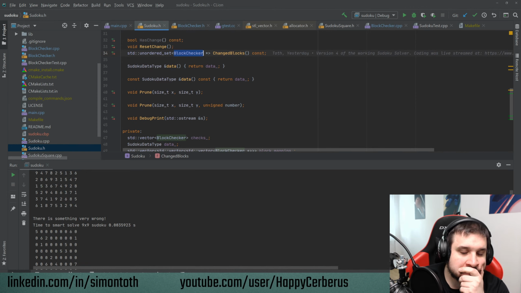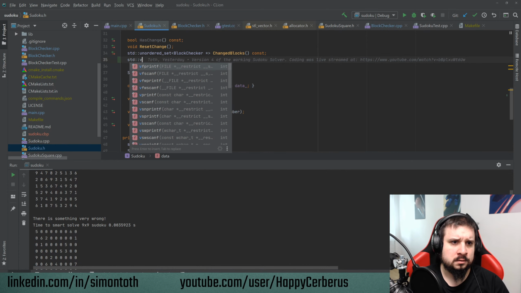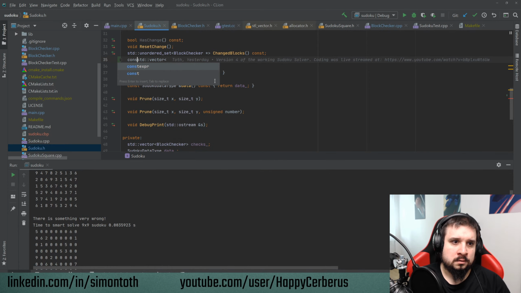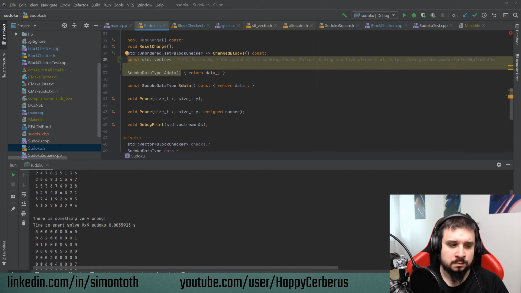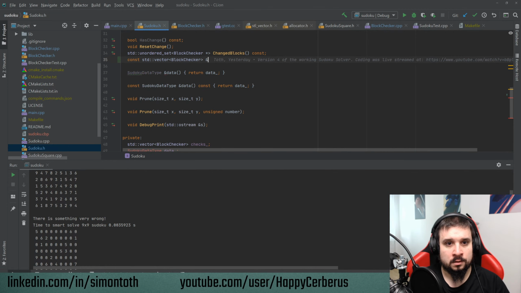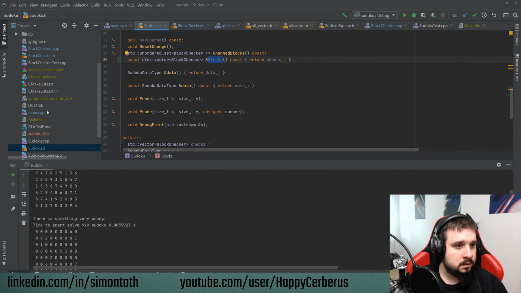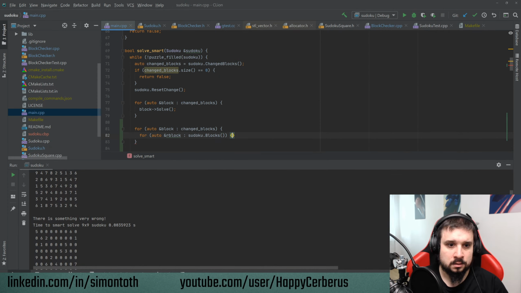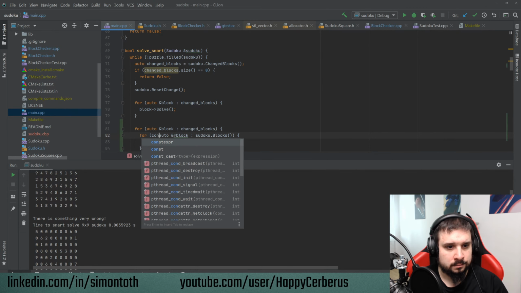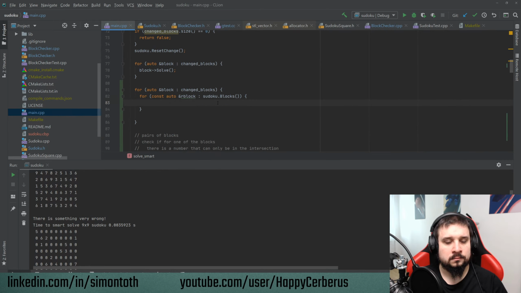No, I guess that's okay. So we can just return a const reference. That's fine because this will be on the right side, so that's okay if it's a const reference. So I will just put it here because that's fine. And now we can do blocks here, right? So this has to be a const reference. So now what I can do block